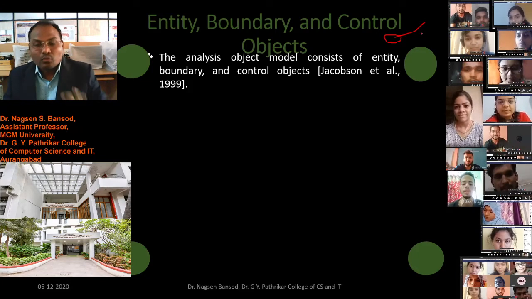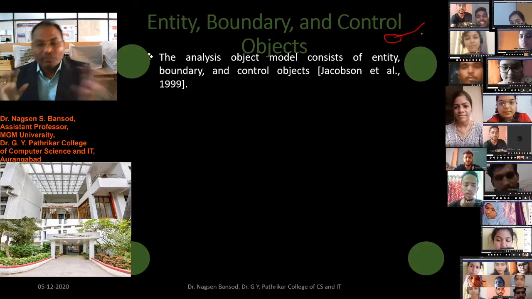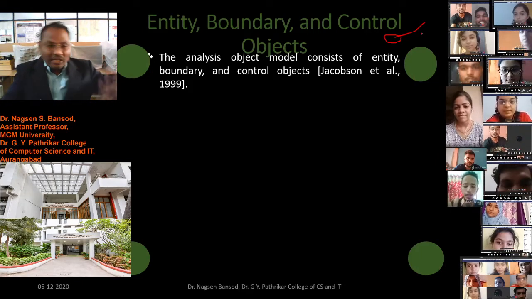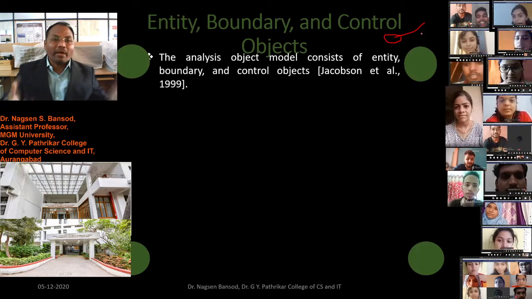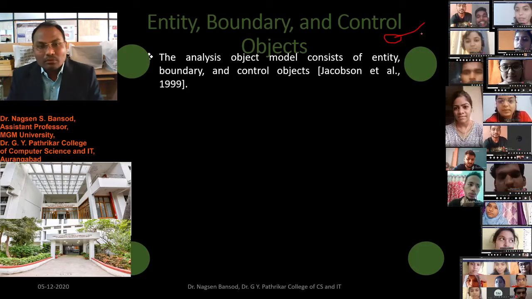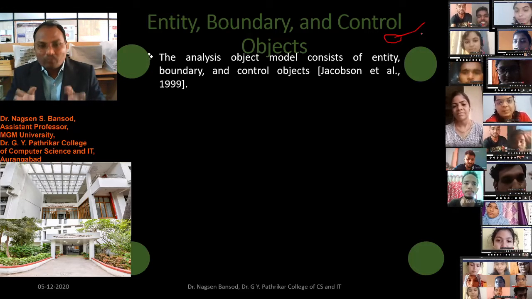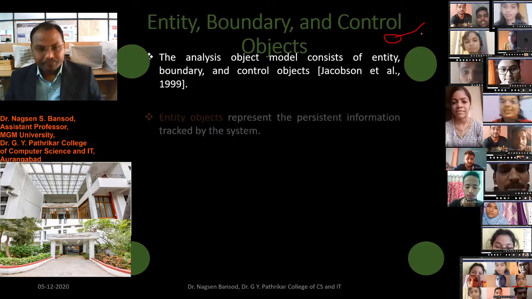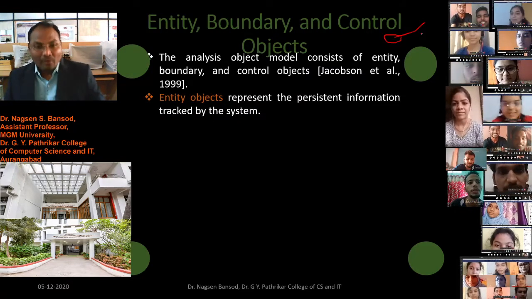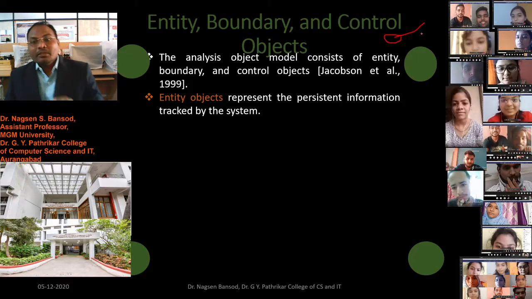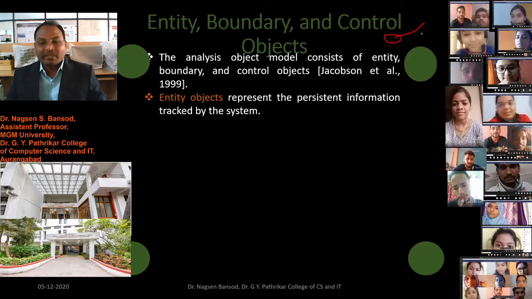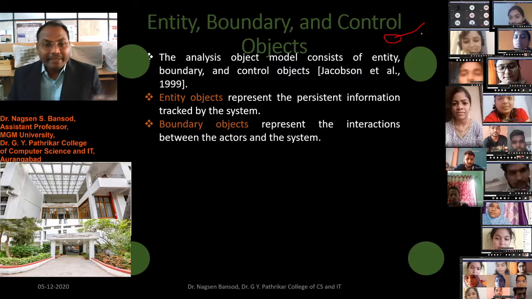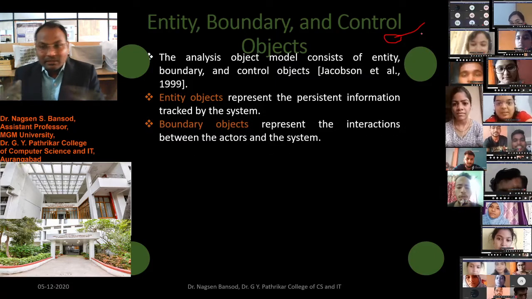Similarly, to control that we require one control object to control our software and computer, and by whom that will be controlled is given here by Jacobson in 1999. Entity objects represent the persistent information tracked by the system, and boundary objects represent the interaction between the actor and the system.